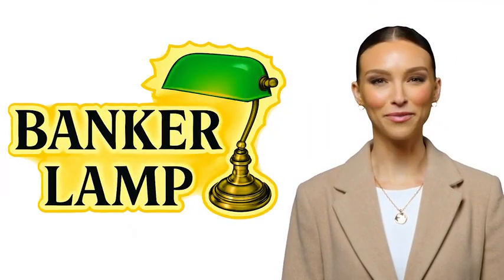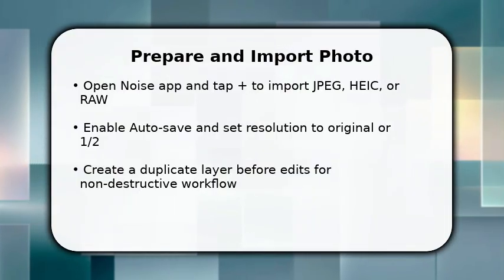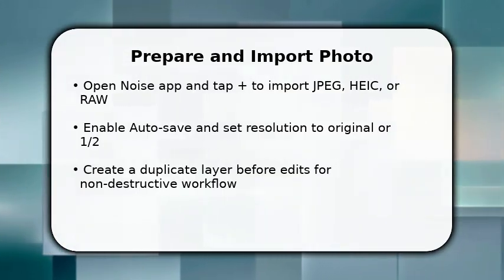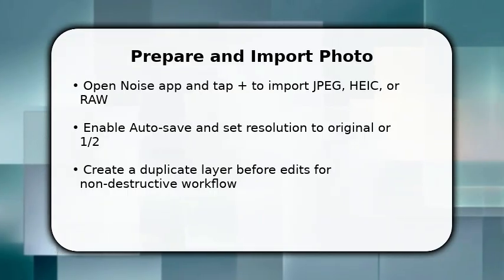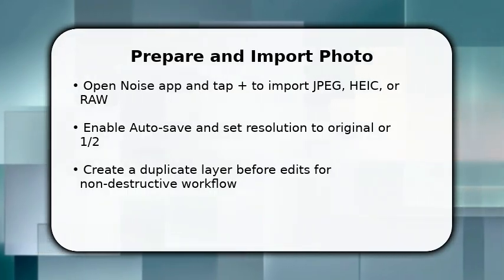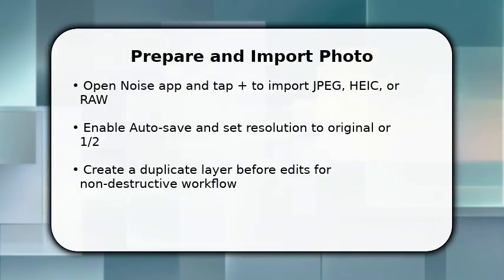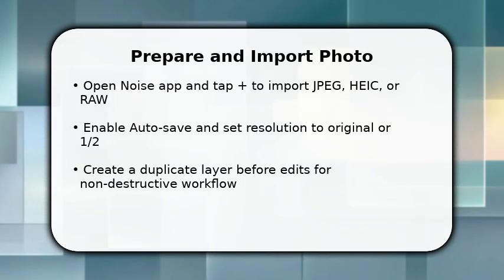Please enjoy the video. You start by importing the image into Noise. Pick RAW if available for more latitude. Once imported, duplicate the base layer so you can revert. This preserves original pixels. Make sure autosave is on and set resolution to original or 1/2 to balance quality with